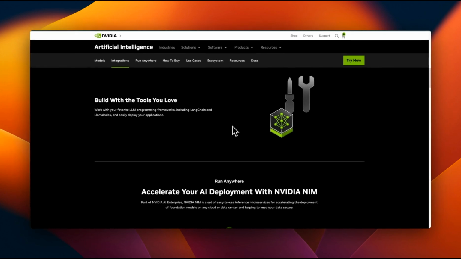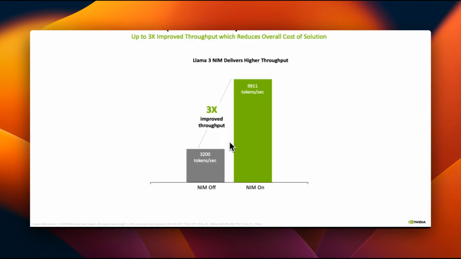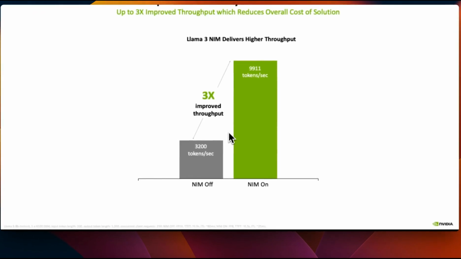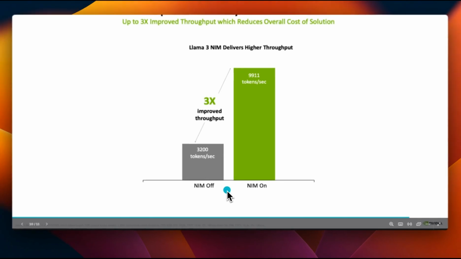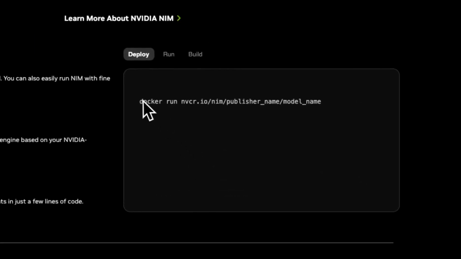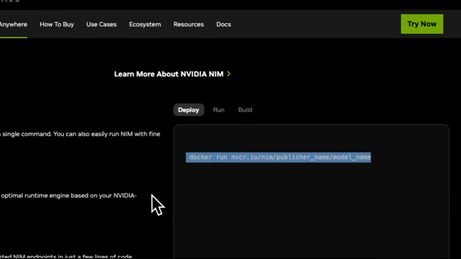However, it can give you much better performance because NVIDIA is creating both the hardware as well as the software stack. Now, according to NVIDIA, you can expect up to 3 times improvement when you're using a NIM versus not using a NIM. And a NIM is just a Docker container that you can run